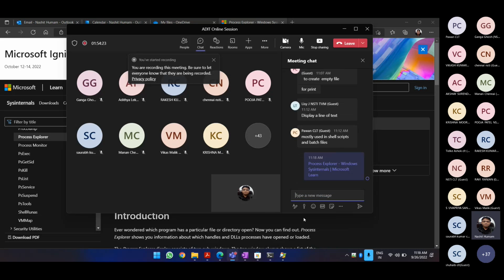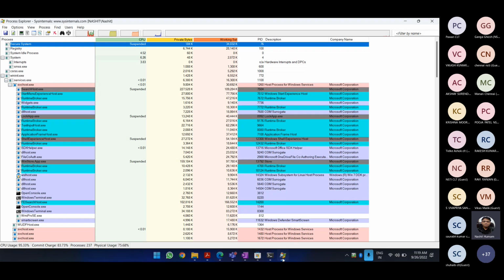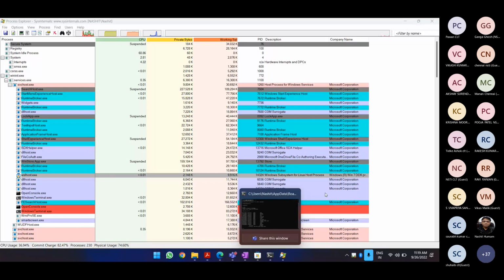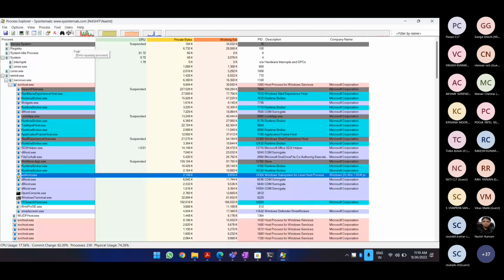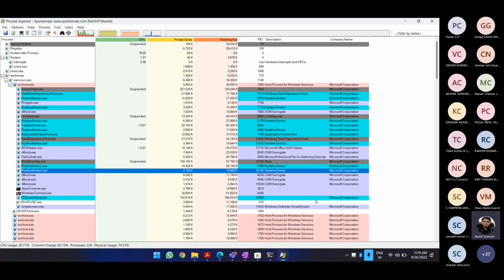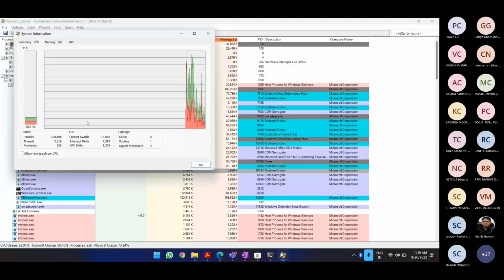Meanwhile, let me share with you the link to it, in case anyone wants it. But first let us see what we are getting here. So we have the different applications that are running. Now you can see this WSL host running on my computer. Let me close it, and close it here also. Yes, I want to close it and it is removed. Now you can check how your resources are performing. You can have the CPU, so how much it is taking and what is the application which is taking how much.